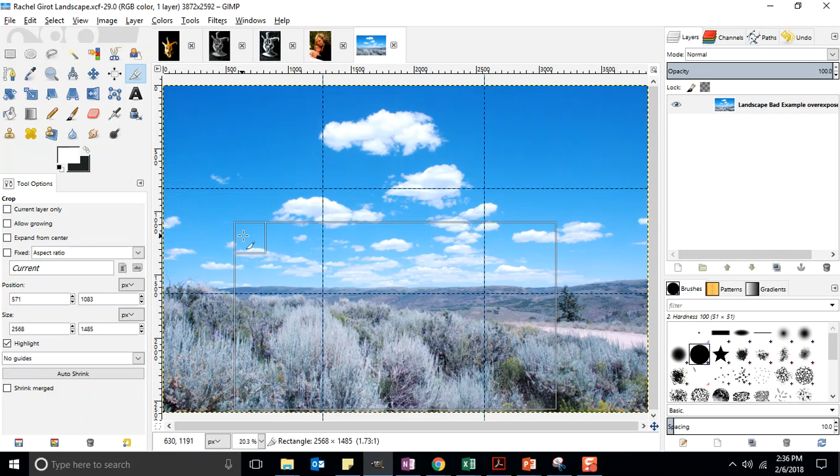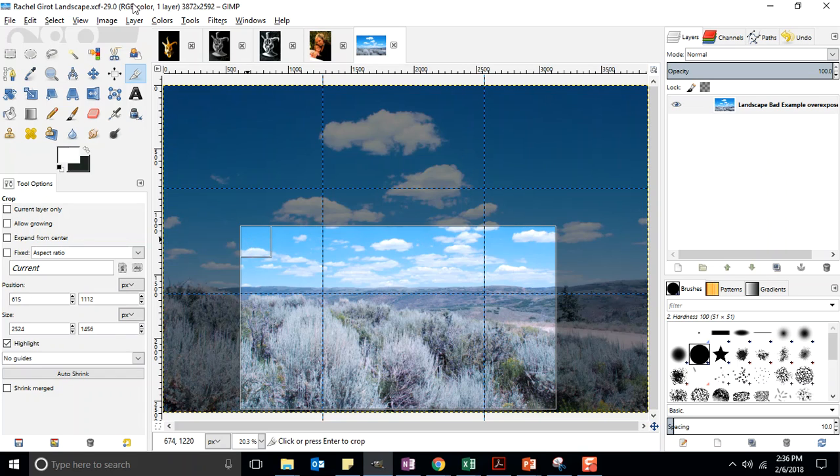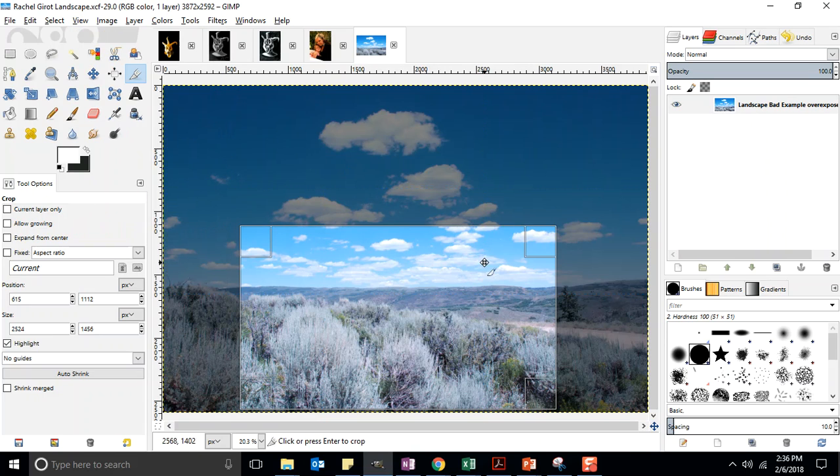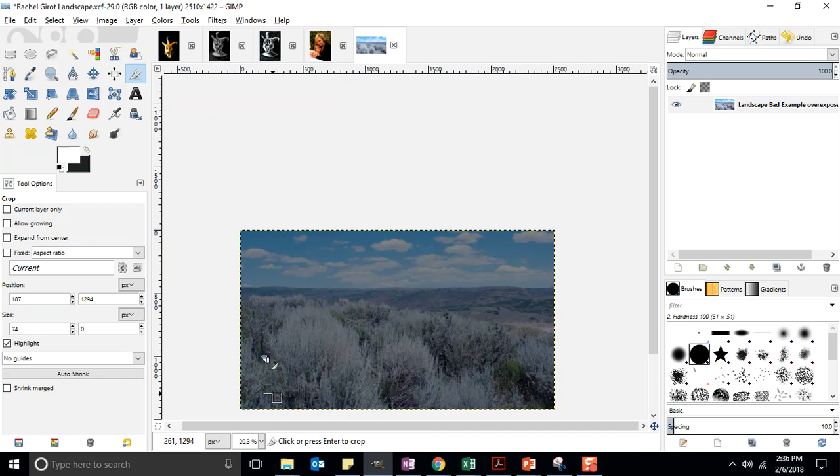I know those third lines aren't really helping my case right now, so I'm just going to go to View, and I'm just going to click off of Show Guides so I don't see them and they're not distracting me. I can visualize it now. That is the top third of the image. So the bottom 2/3 of the image are now land, and I didn't actually mean to crop that